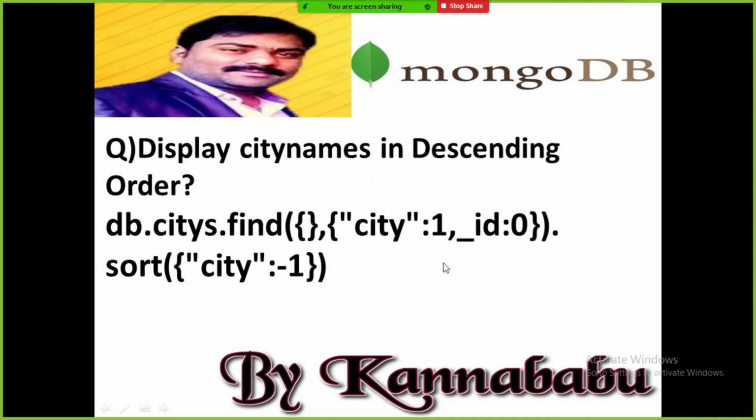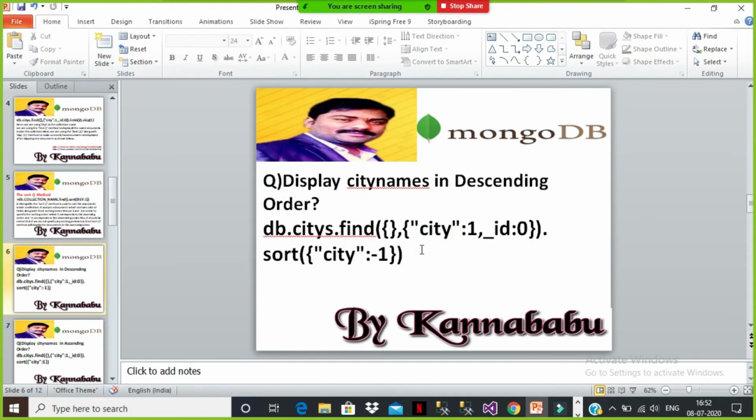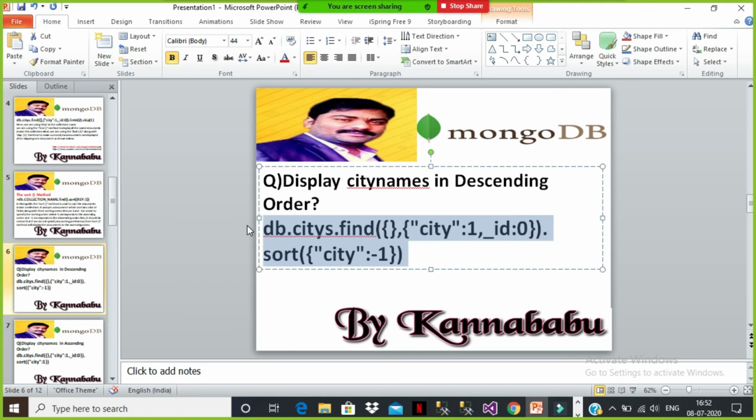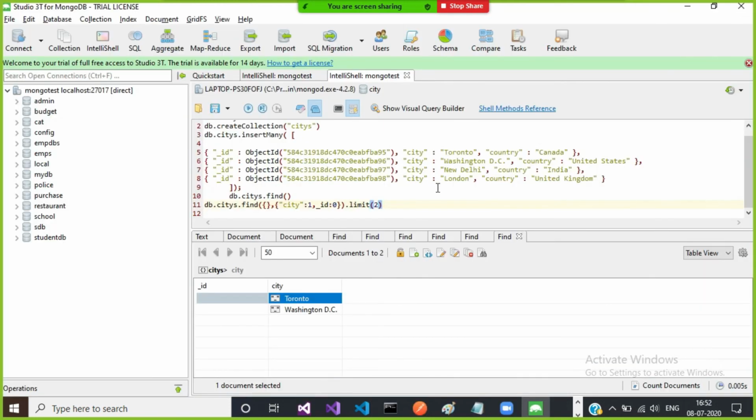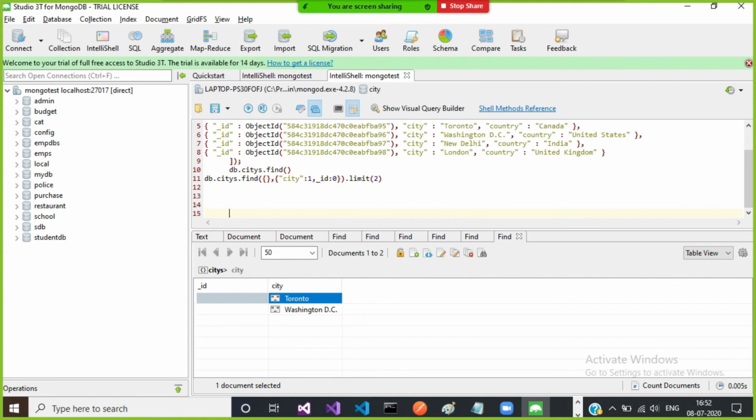So here I kept just the column name, city, and _id 0 I have given, then dot sort, and I'm applying on which column I want to do sorting, city, ascending or descending, descending. So I kept -1. Ascending means +1, descending means -1. That is how you can work with sorting here.